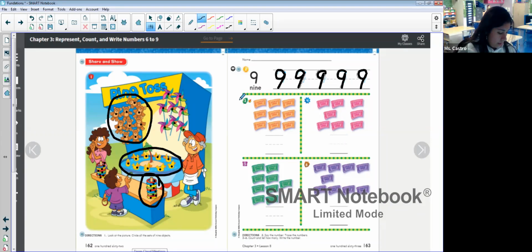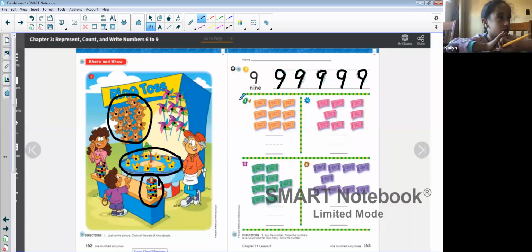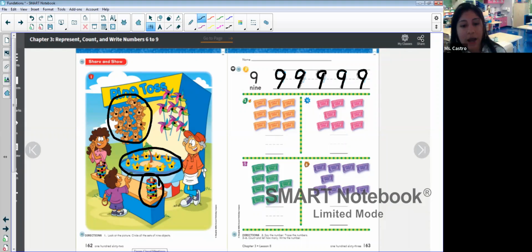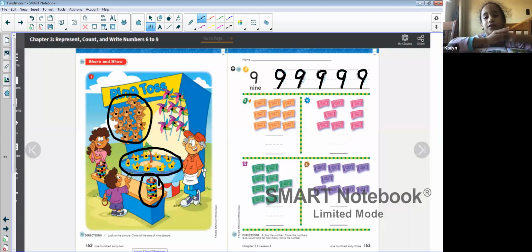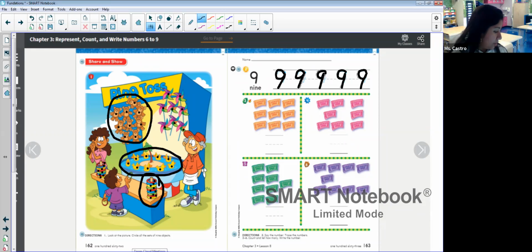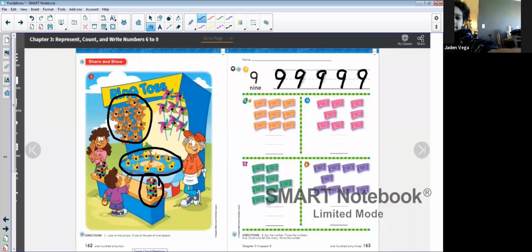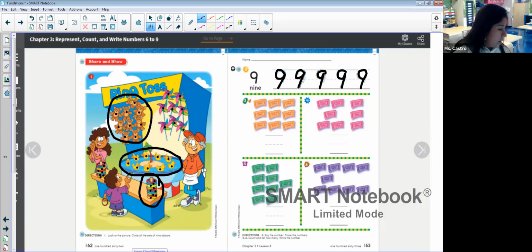Okay. Jaden. So, orange tickets. Jaden, are you ready? All right. Make sure you're unmuted because I still see you muted, Jaden. Yeah, I muted you already. All right. There we go. Okay, Jaden. So Ms. Castro's going to label the orange tickets and you're going to count them out nice and loud for all of us to hear you. Ready? Go ahead. 1,